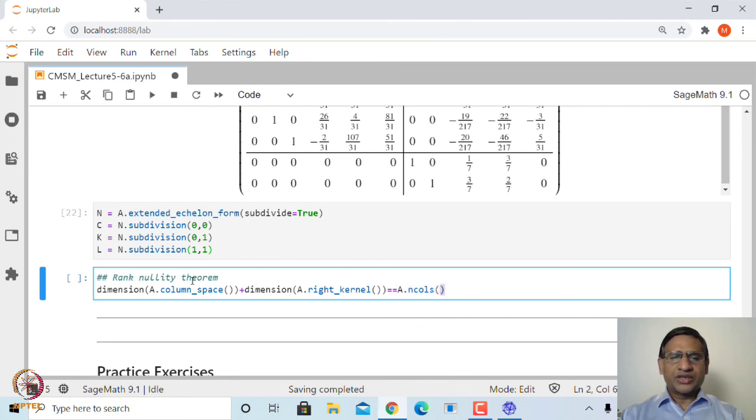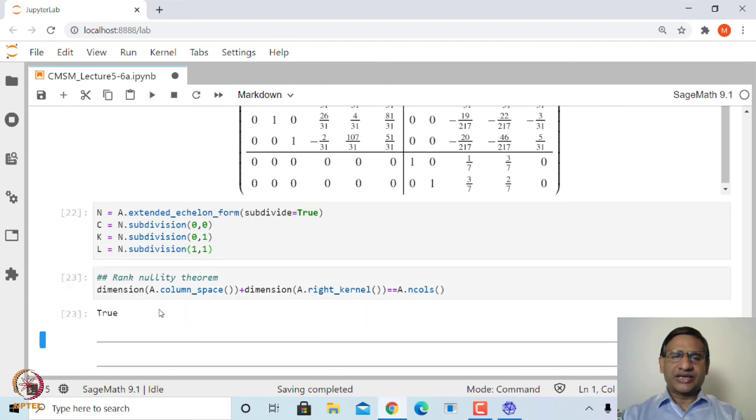So, therefore, for any matrix, rank plus nullity is equal to the number of columns of A, and this is what is called the rank nullity theorem for a given matrix. So, you can verify that this is true, and you can take any random matrix and try to verify this.